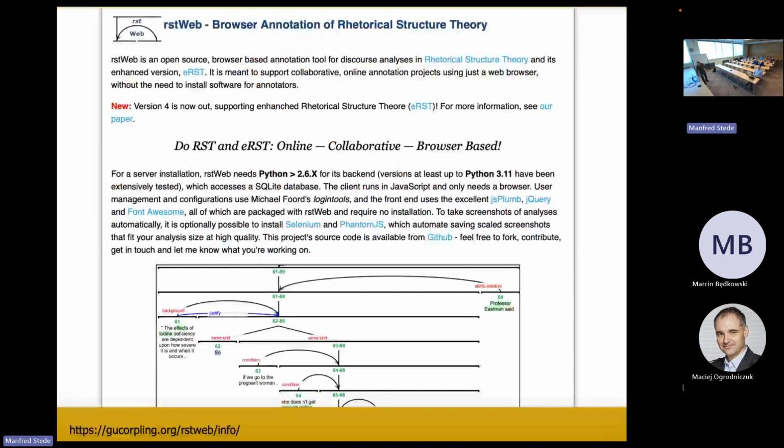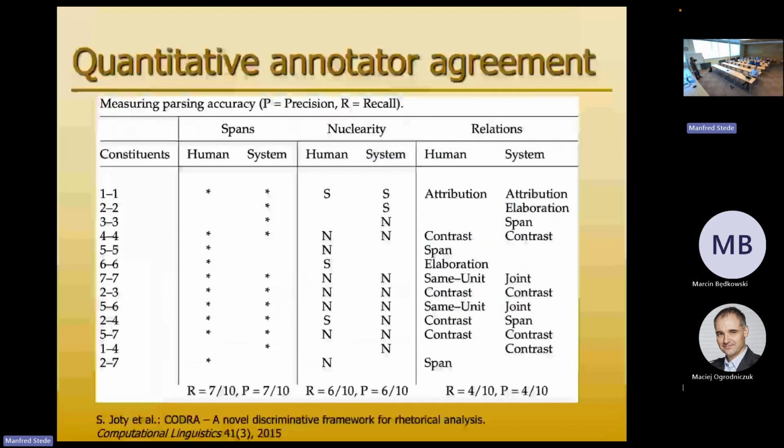Right, we talk about human annotation, which means we also should worry about agreement. How do we know whether two people agree, or whether later on a system agrees with a human being? The approach that is commonly used, here we have a table example from Shafiq Joty's paper, CODRA. These are all the constituents, the text spans that are used by one of the two annotators. Whether one is a system or not doesn't matter. So we have two annotators labeling the text, and these are all the spans that are being used.